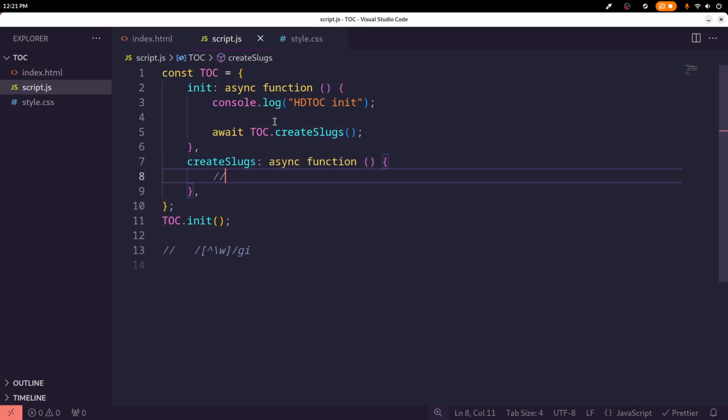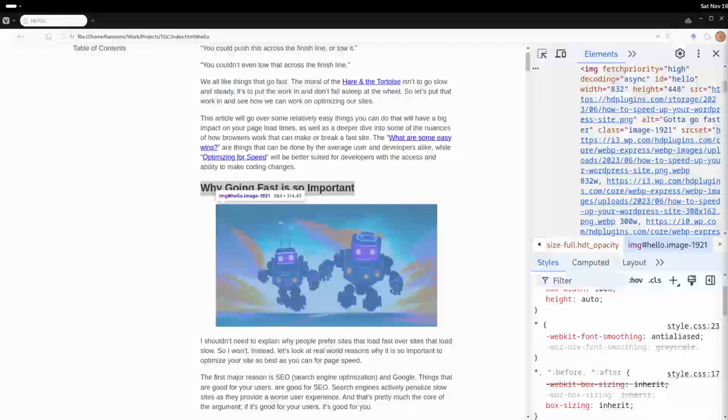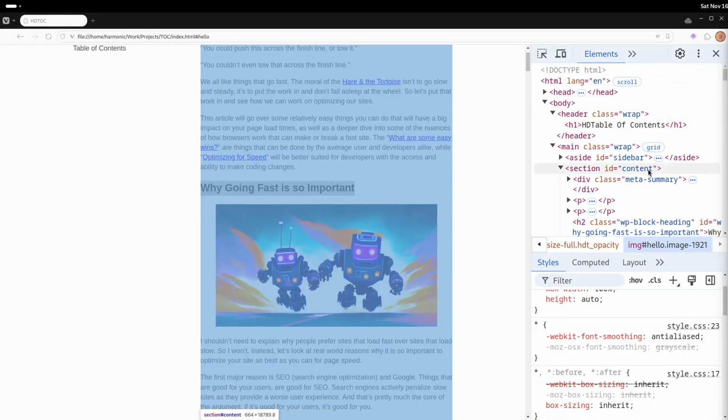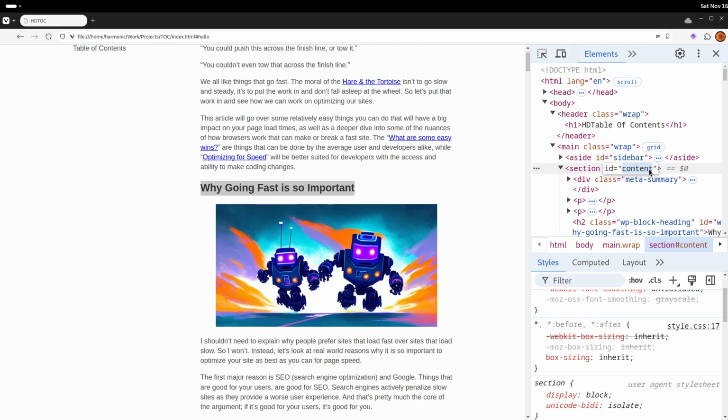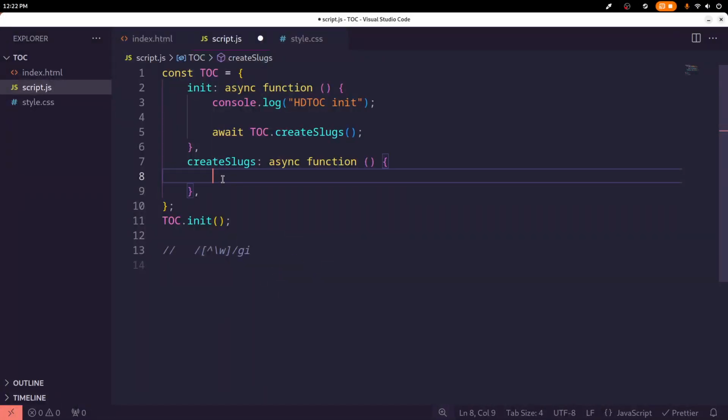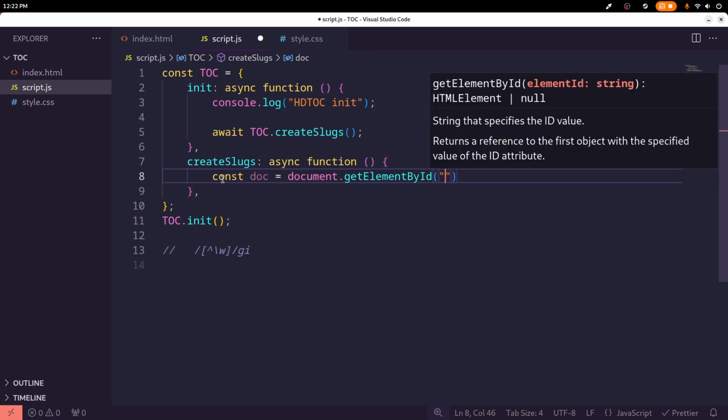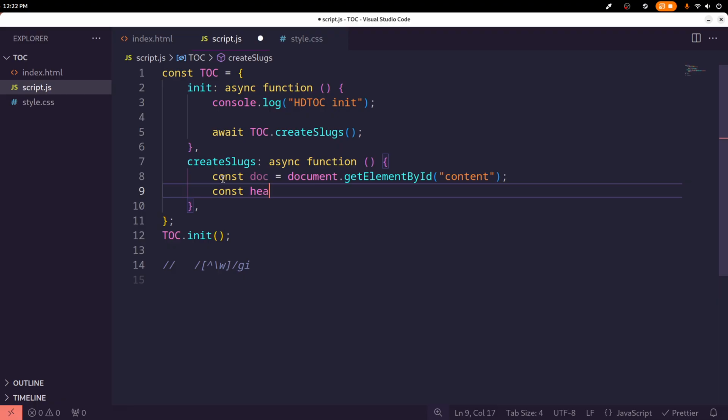There we go. So now what we need to do is get a list of every single heading that's part of the content here. So let's go back to the screen, because I already forgot what I called it. I called it content. Okay, so we only want headings that belong to this section with an ID of content. So I'm going to say const doc equals document.getElementById, content. And then I'm going to say const headings